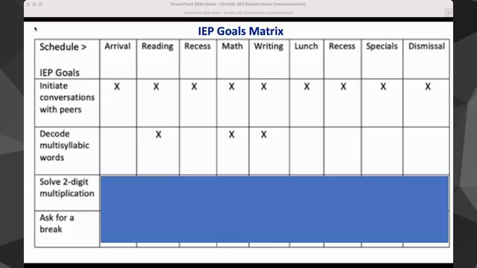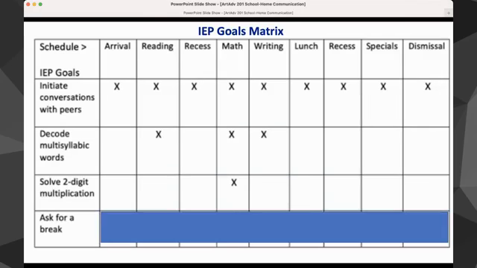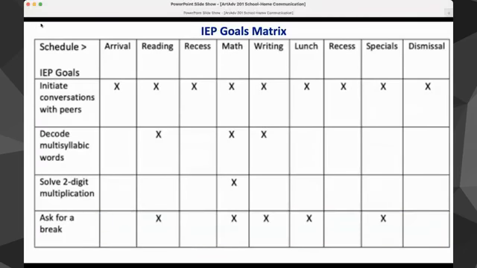And then let's look at the next goal, which is a math goal. And for that, we really see probably only math time as a period during the day that your child would be working on that multiplication task. And then as far as the last goal, for your child to ask for a break, again, depending on your child, this might be across the day. There might be certain times that you've noticed your child is needing a break either before or